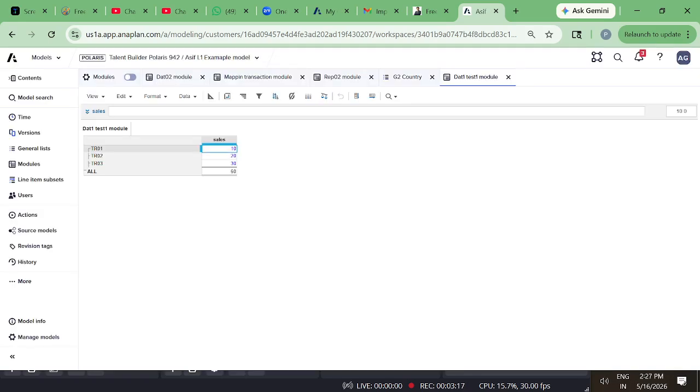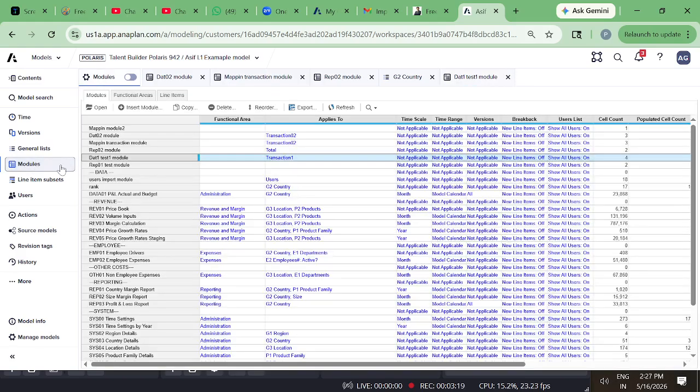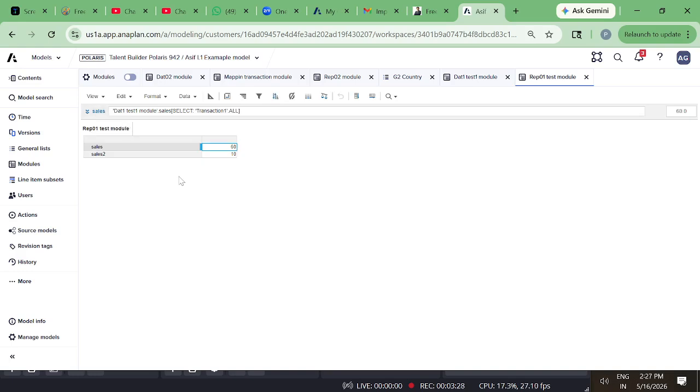So if I have data like this, in the reporting 01 module, what I want is, I don't have any dimension here. In this scenario, whatever total I have there, I want to see that total, 60, here in my reporting 01 module. Simply, what I do is, I select the sales line item of the test module,